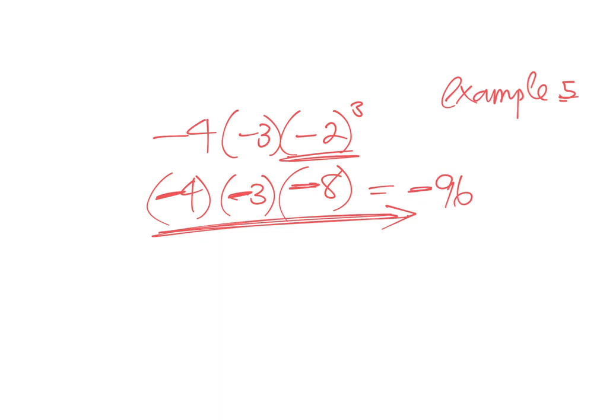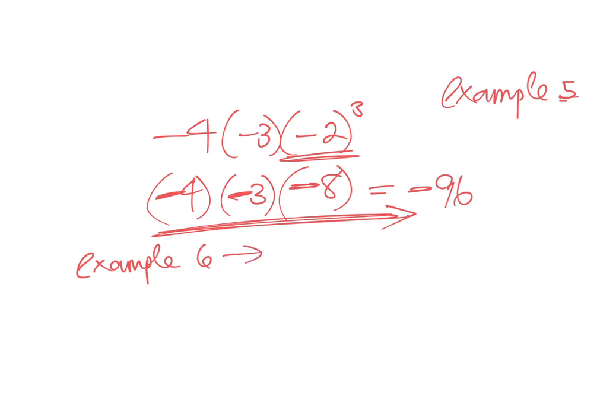So negative 3 times negative 4 would be positive 12, and then 12 times negative 8 would be negative 96. So that's how we do that example, a similar example there from example 5. For example 6, I would say you're doing it just for fun, but it's really building an understanding of step-by-step